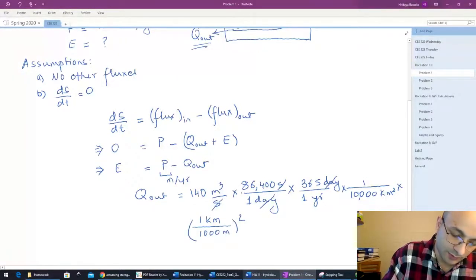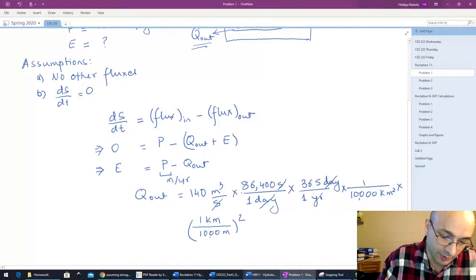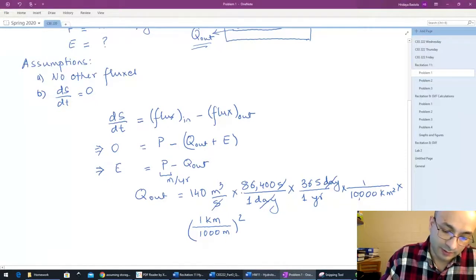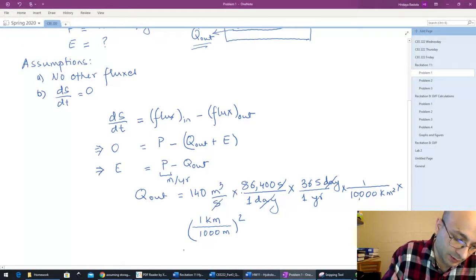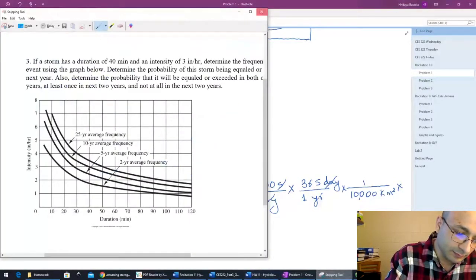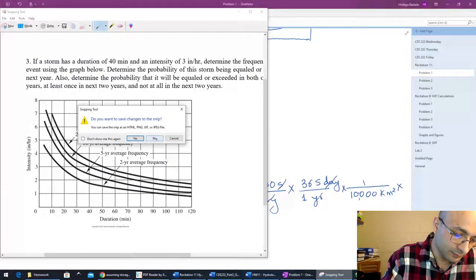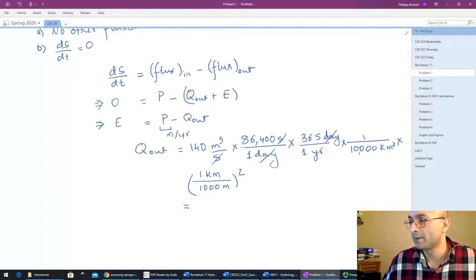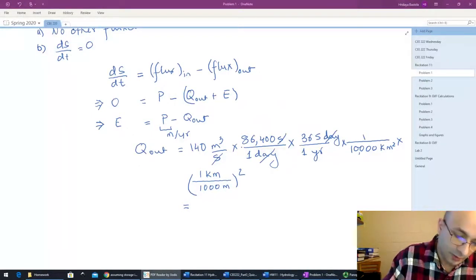If we multiply by 1 kilometer over 1,000 meter, all of it squared, we should get our units consistent with the units of P. If we calculate this, we'll get a value of